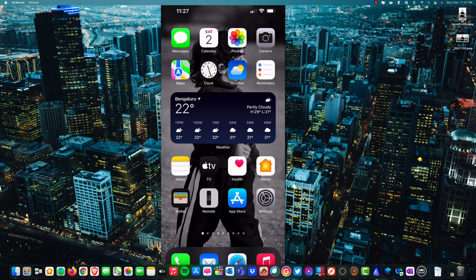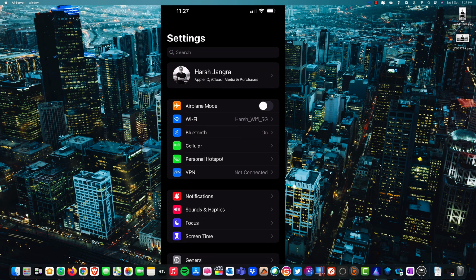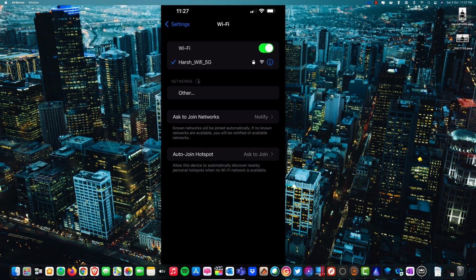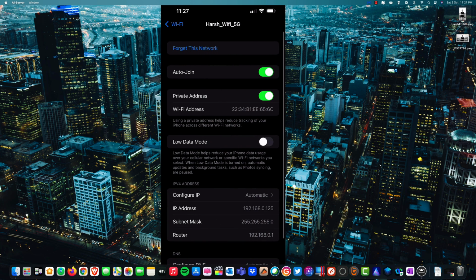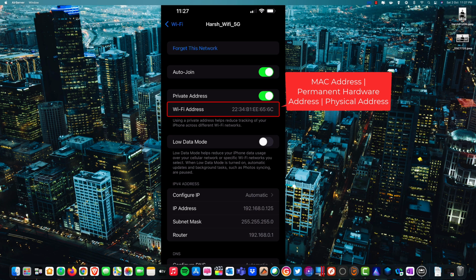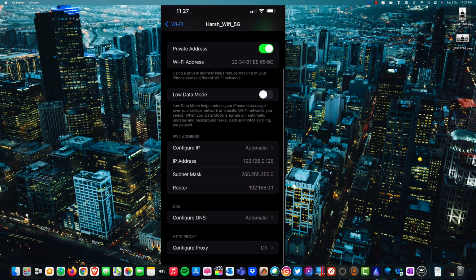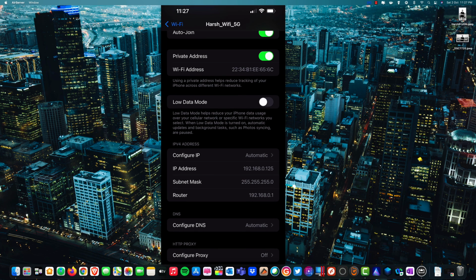All right, now let's move forward, because I'd like to show you where you can find an IP address on my iPhone and my iPad. I'm pretty sure most of you are aware, but if you don't, then I think this would be helpful to you. Simply go to Wi-Fi. Here I am connected with Hirsch Wi-Fi 5G. I click on the info icon, and let's check it out here. We have the Wi-Fi address. Now, this is called the MAC address or permanent address. It cannot be changed. And if you go down below, you have Configure IP, which is already set to automatic. That's fine. But don't forget and remember the IP address of this iPhone, which is